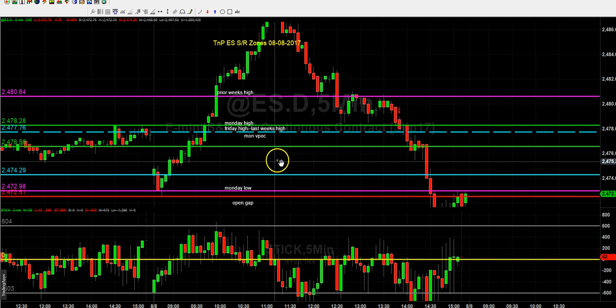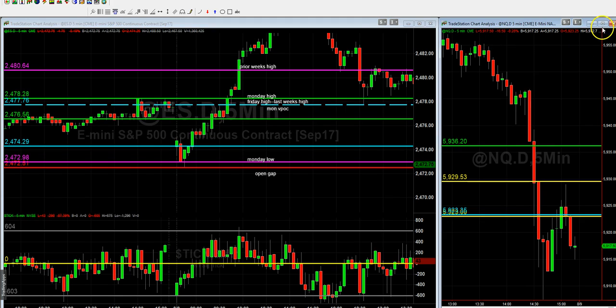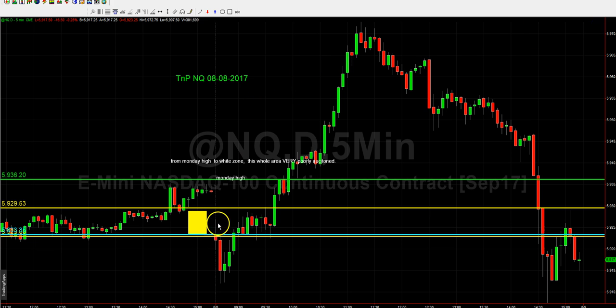So what would I have traded if I had been here? Well, let me show you exactly what I would have traded. In this case, NQ. Notice that we open up on NQ. We push right up into the yellow zone, right? So the blue line's the opening print, push right up into the yellow zone, and reject. Now, you would say, well, hey, you missed this entire move from 59.15 to 59.70, and to which I'll say